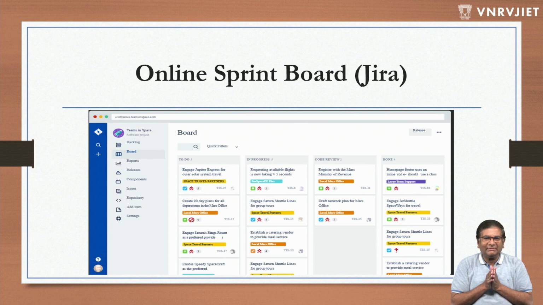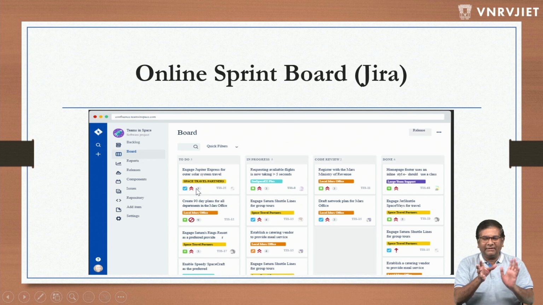Now I have shown you something called Jira, which is an online tool for the Scrum sprint board or Scrum board. As you can see, there are things to do, and these are the stories. Each rectangle is a story, and when you click on it, it expands.